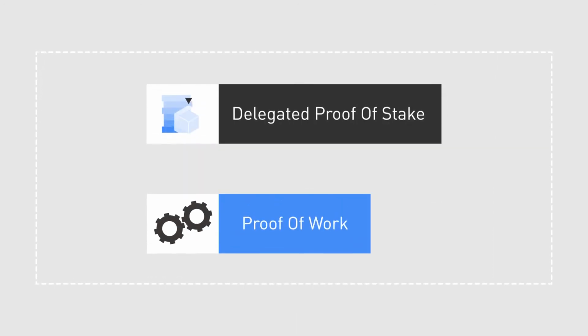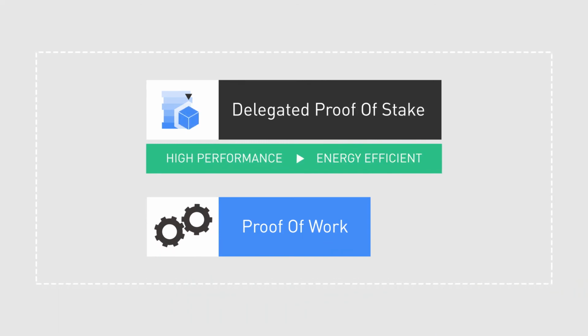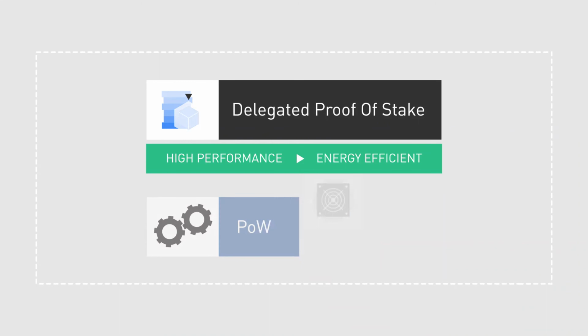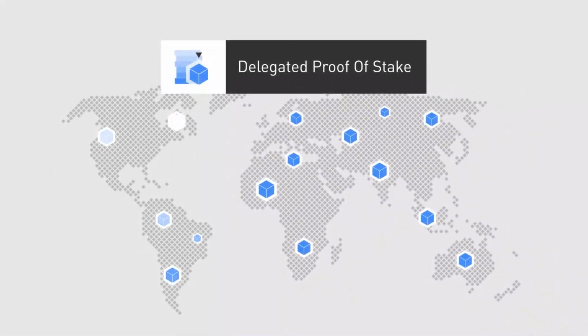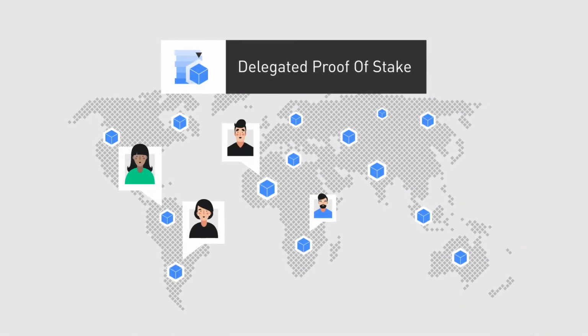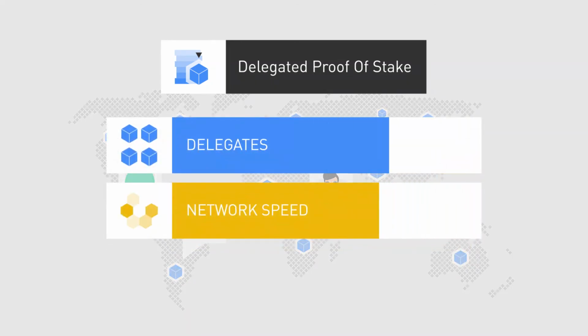Compared to the proof-of-work algorithm, DPoS offers higher performance and a more energy-efficient solution by removing the intense mining competition, since ASICs are no longer needed to solve complex mathematical problems. This also promotes decentralization, since anyone can become a delegate, and no large mining pools are needed to validate the blocks. However, a sufficient decentralization can never be achieved, since a network cannot have an excessive amount of delegates without the risk of slowing down.